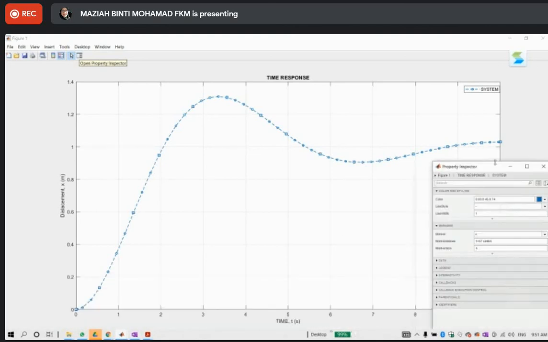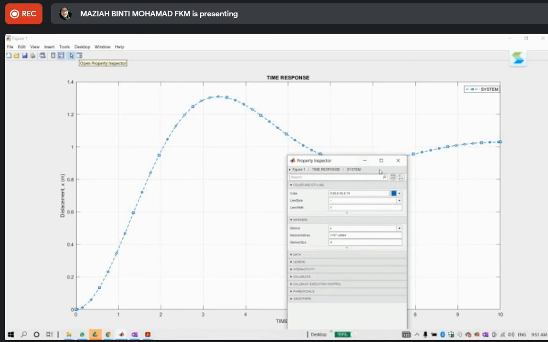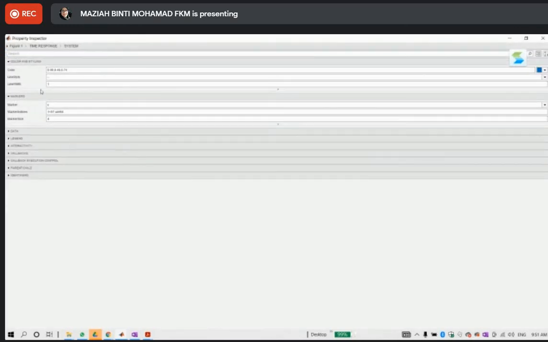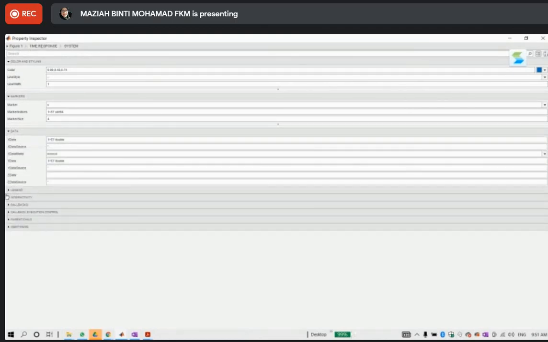Inspector. Okay. Okay, so property inspector, basically you can do all that on the property inspector here. Data,